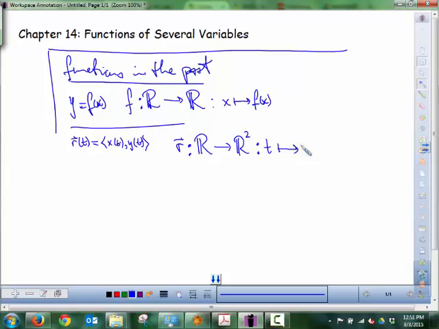And sometimes we say it takes an input, t for your input, and then your output is x of t, y of t. Okay? So all we did was take one chapter and we defined this vector valued function,